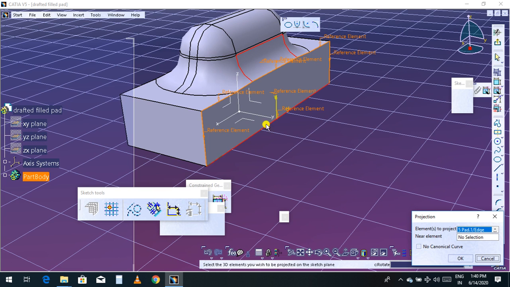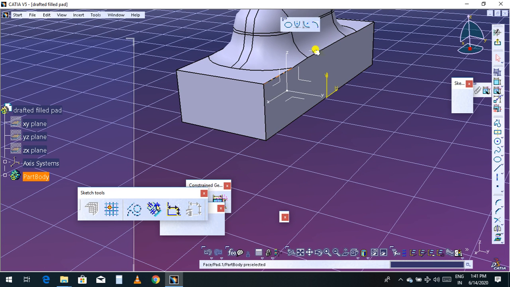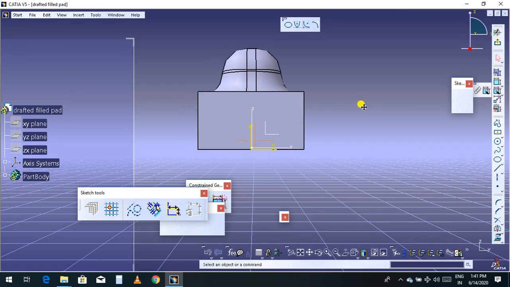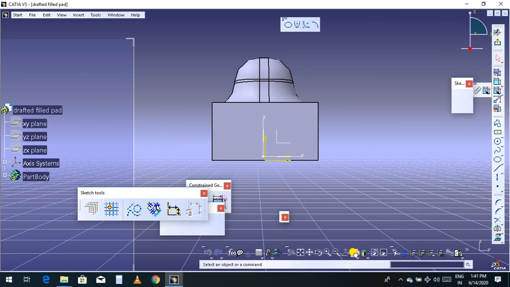If you choose this, by default there is a mistake here. I think I will go to another sketch, another side. It's not catching because there is another sketch mixed in here. So I will exit from the sketch first, choose this face, select a sketch. Now you can go to isometric.